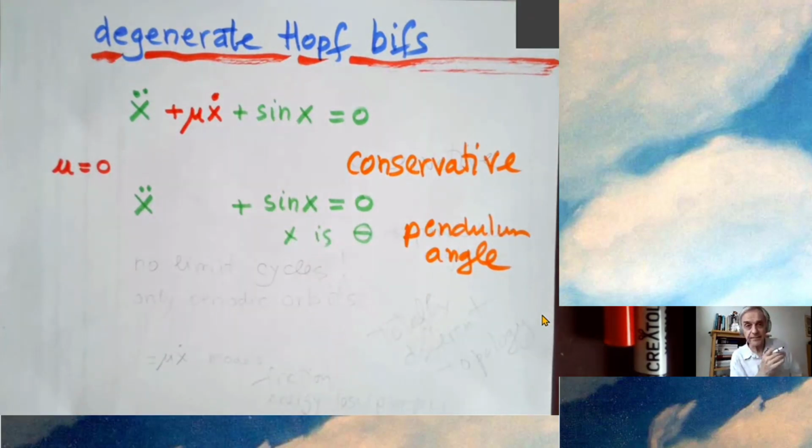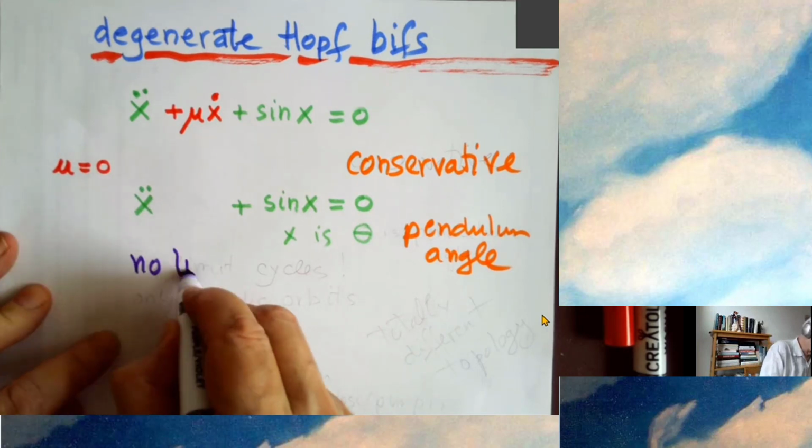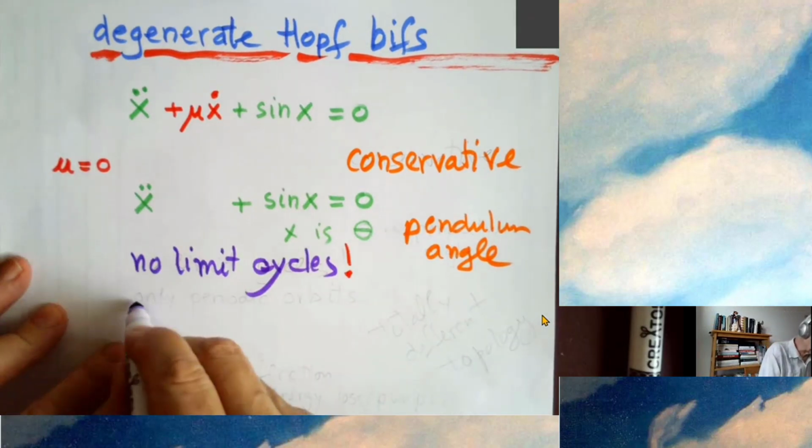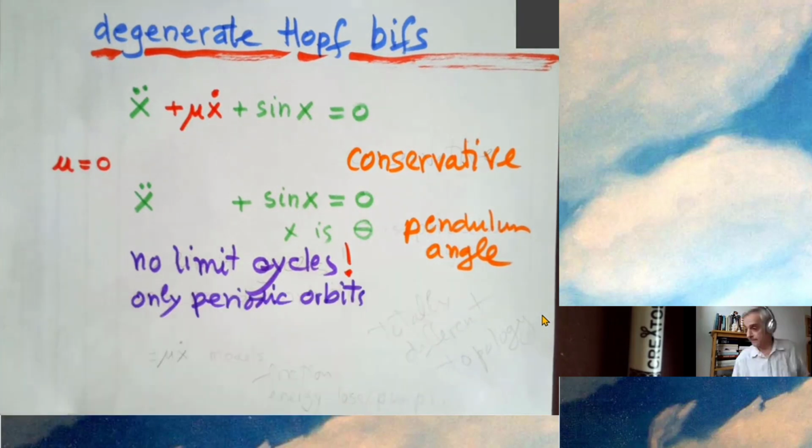You have seen the phase portrait of the pendulum. You know that orbits are either running in circles at any possible radius until you get too far and you get to the separatrices of the pendulum, and then there are running orbits. There are motions of the pendulum where it doesn't go left, right, but it just keeps rolling in one or the other direction. It's a conservative system suddenly. So there are no limit cycles. The only thing that you have close to the origin are periodic orbits. This is totally different topology.